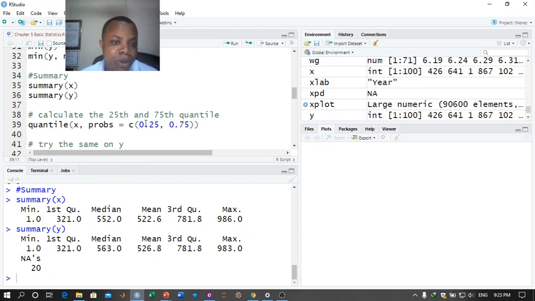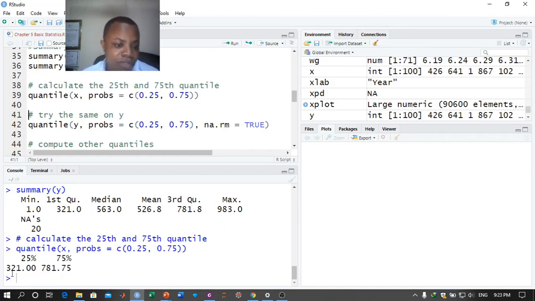Now suppose that we are only interested in the 25th percentile. That is exactly what we have here. All that we have to specify is 0.25, representing the 25th. In that same case, if we want the 75th, that is exactly what we have here. If we run this, it gives us the 25th percentile to be 321, and